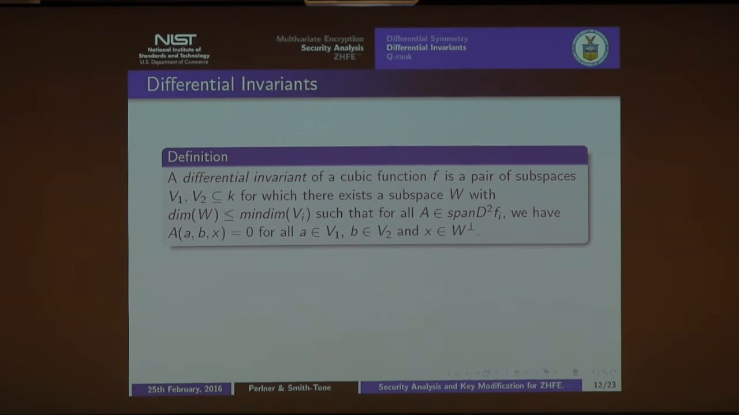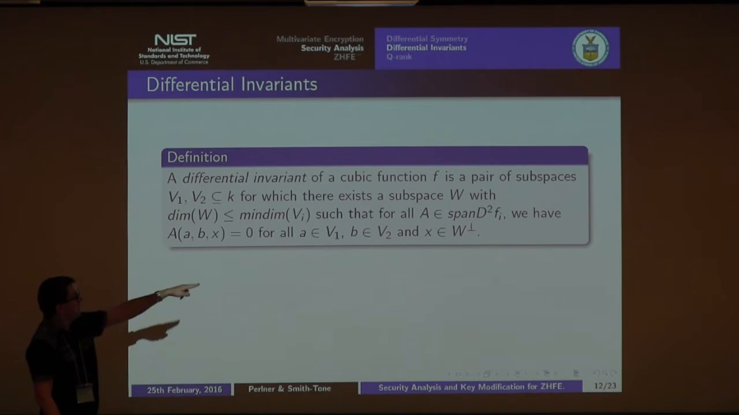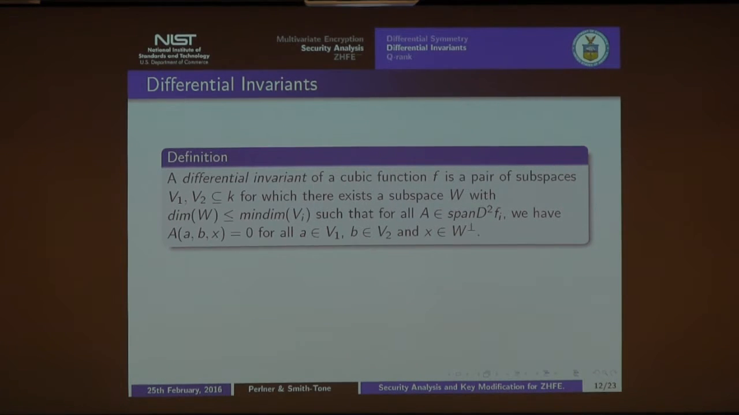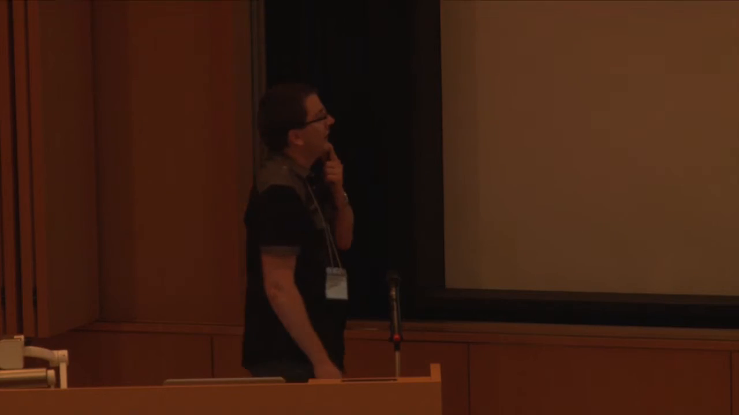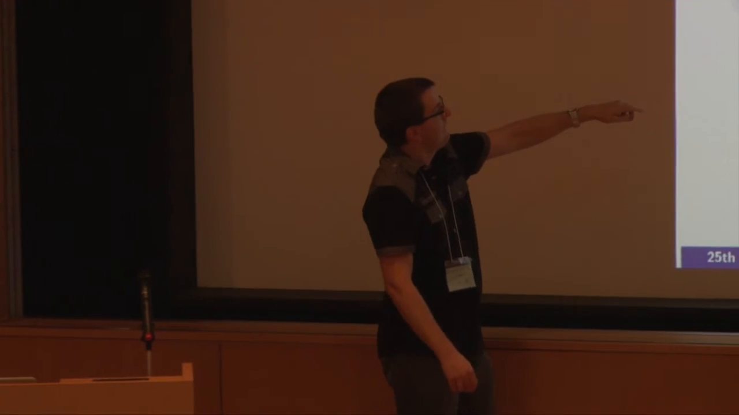Okay, so a differential invariant of a cubic function is a pair of subspaces, V1 and V2, so that there exists a subspace W whose dimension is less than or equal to the minimum of V1 and V2, so that for every matrix in the span of the differential coordinate forms, this trilinear function vanishes for A, B, X in V1, V2, and W perp. So a way of thinking about this is, if you select your space V2, you're putting in different values B,